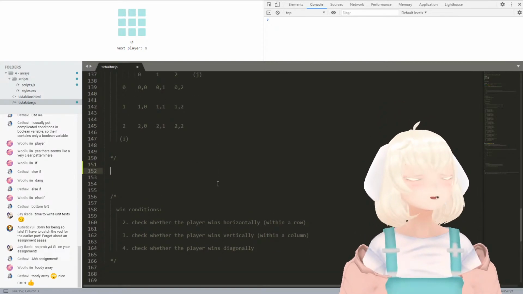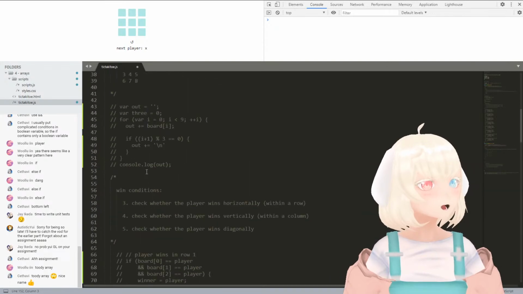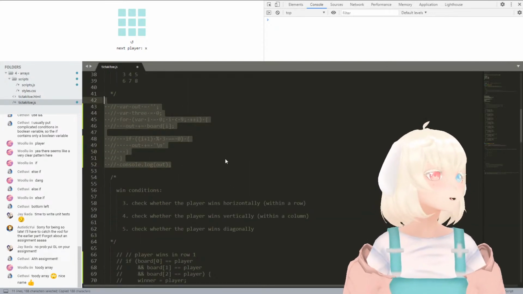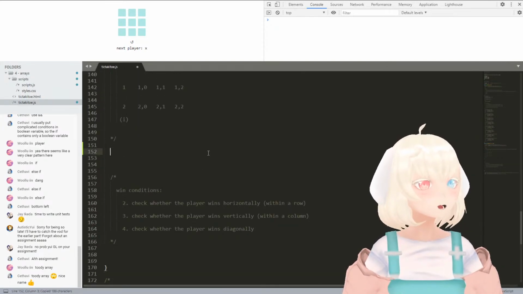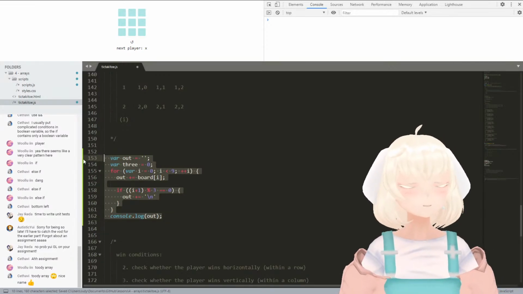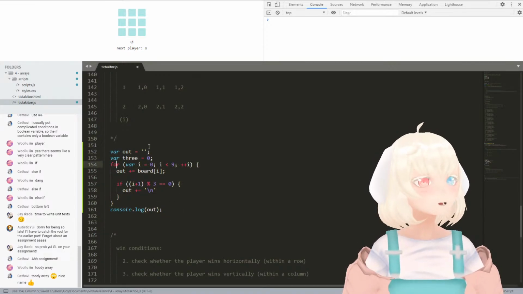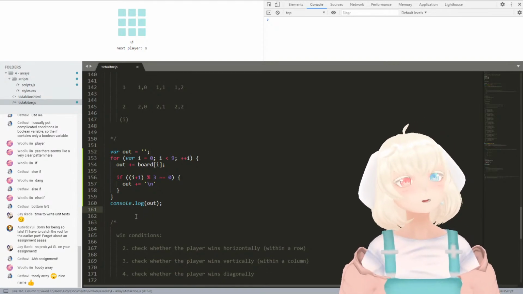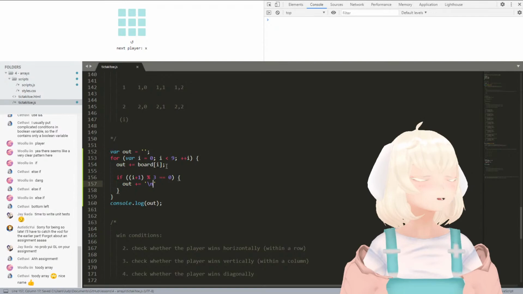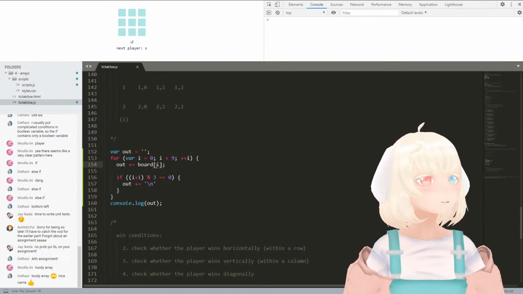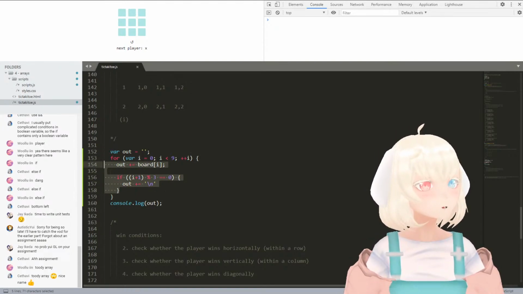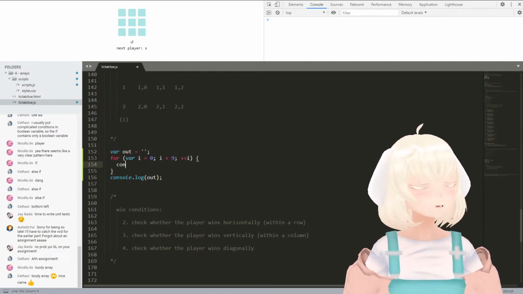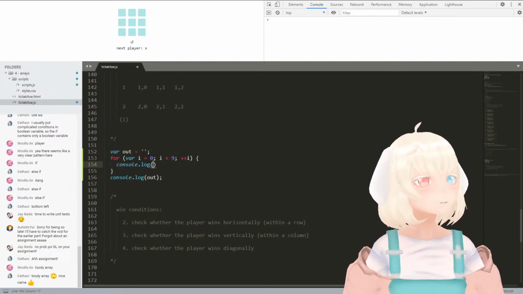But let's try printing this out first, right? Remember that what we had before, we can actually just copy it over. Let's take a look, right? So this is sort of how we formatted it before, right? And we don't need the 3 counter anymore because that's another method that we were using. But instead of this, what we can do is,